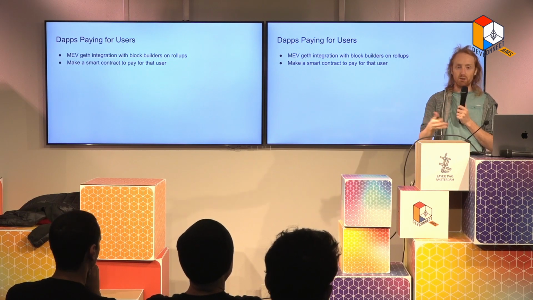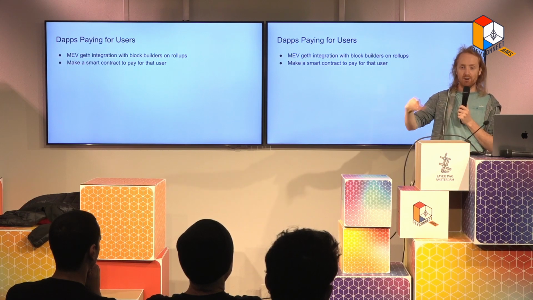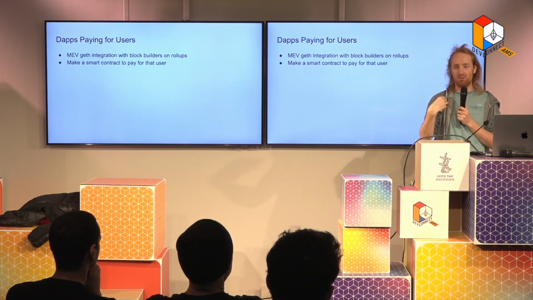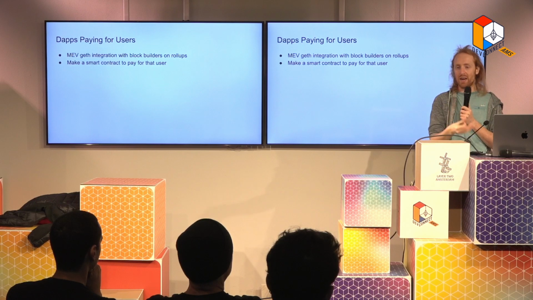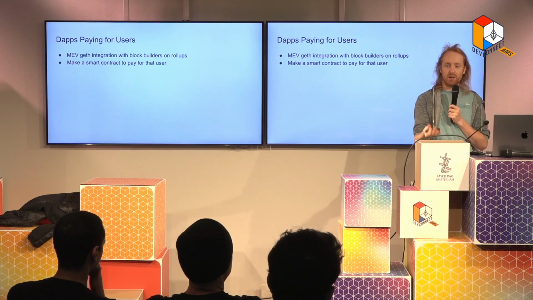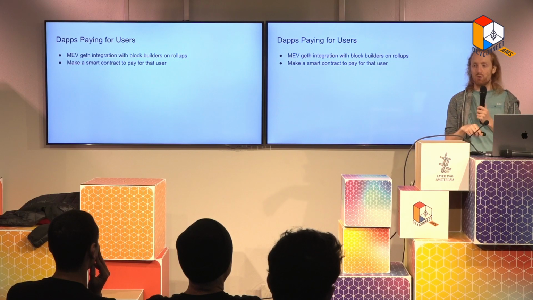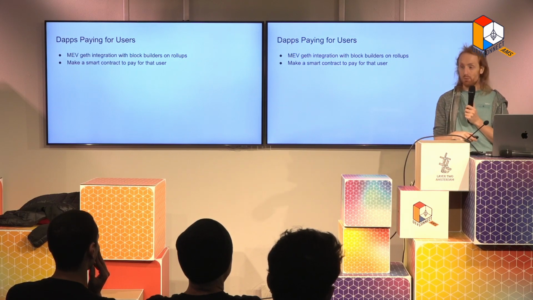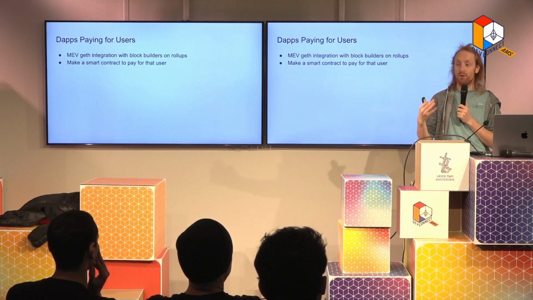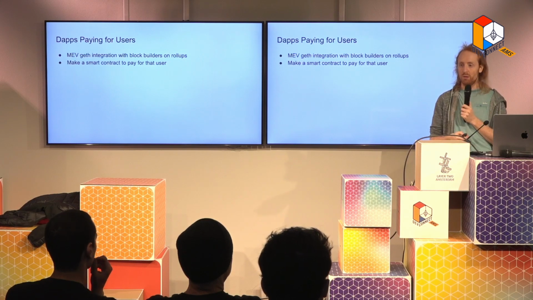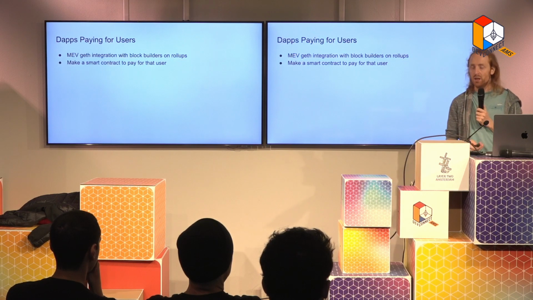So one thing that we can do is make a smart contract that, at the end of a transaction, will pay the gas for a user that uses my Uniswap. It's kind of like a Uniswap airdrop, but the other way around: it's just free transactions for people as opposed to giving money to people who have made transactions in the past. This is also enabled if we're able to change the transaction pool to be something that's cleverer. This also enables this kind of use case and this kind of nice UX.